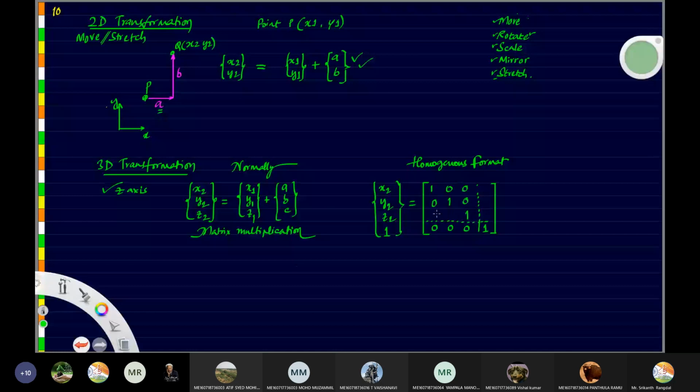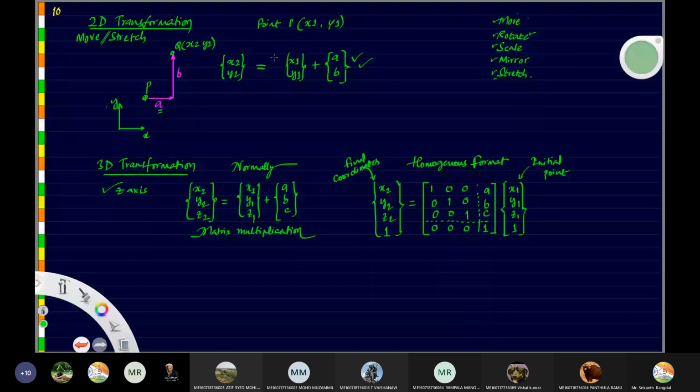And this is where the transformation is written. So this is where we will get A, B, and C. So these matrices, we will have to multiply them. Multiply them with what? X1, Y1, Z1, and finally 1. Okay. So this is the initial point, where initially the point is located. And this is the final coordinates. After doing the transformation, we will get the final coordinates. Fine. So this is how the relation will be there in 3D transformation.